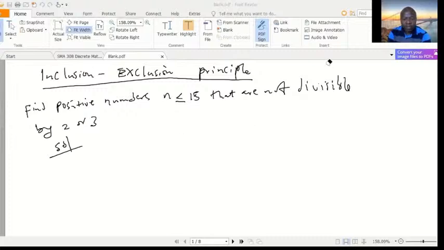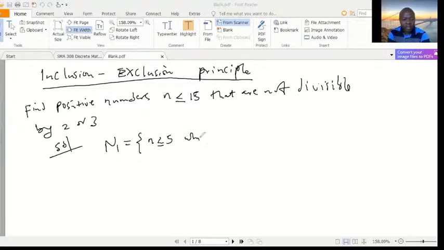So the easiest way of doing this is to use the Inclusion-Exclusion Principle, and let's first of all find the number of elements which are divisible by 2 and 3, and then we subtract from 15. So let N1 be the set of elements less than or equal to 15,